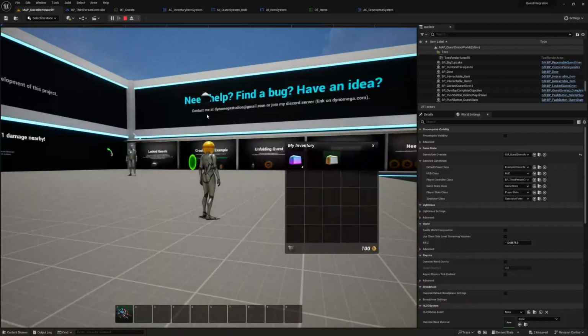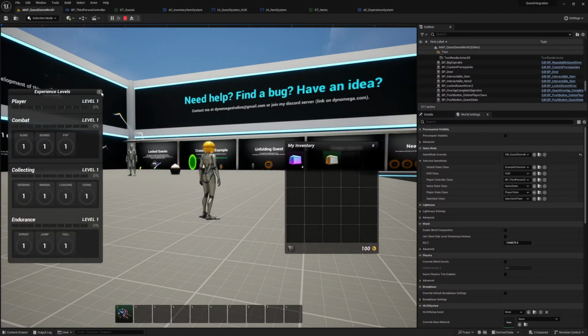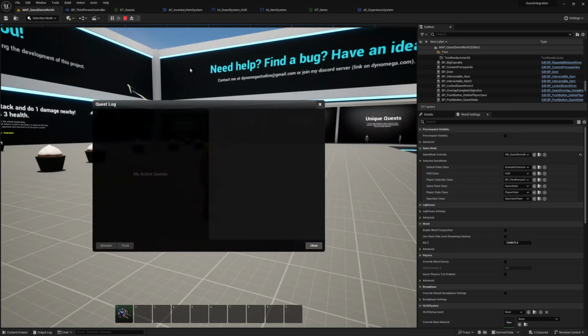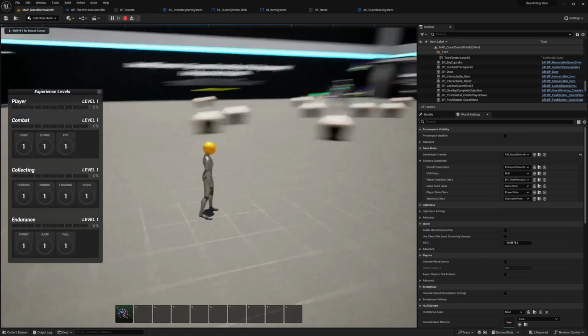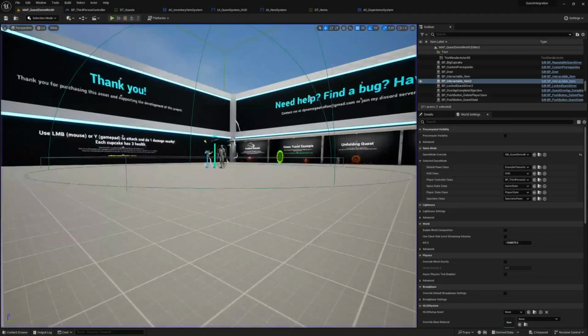Press play and try it out. When you close the experience window first, the input does not change and the mouse cursor is still visible for us, which we need for our inventory and quest window. Next, we need to account for it going the other way, where our other windows are closed first. Head back into the